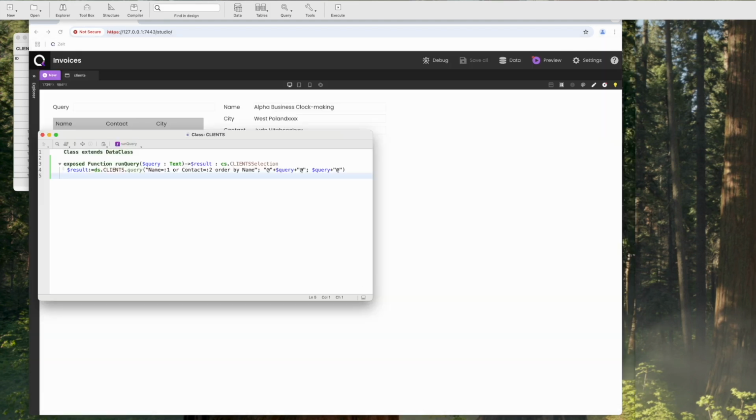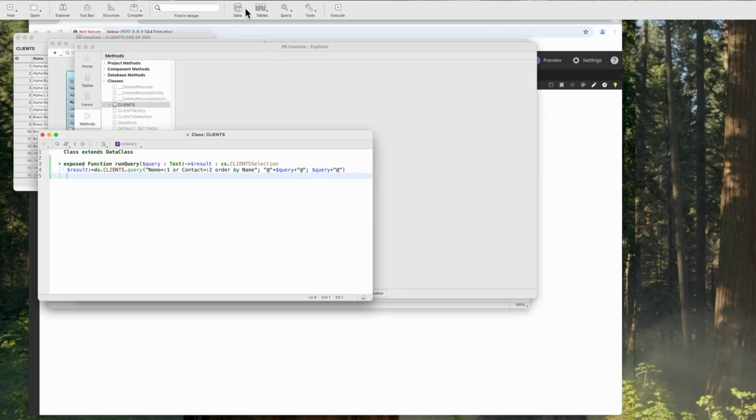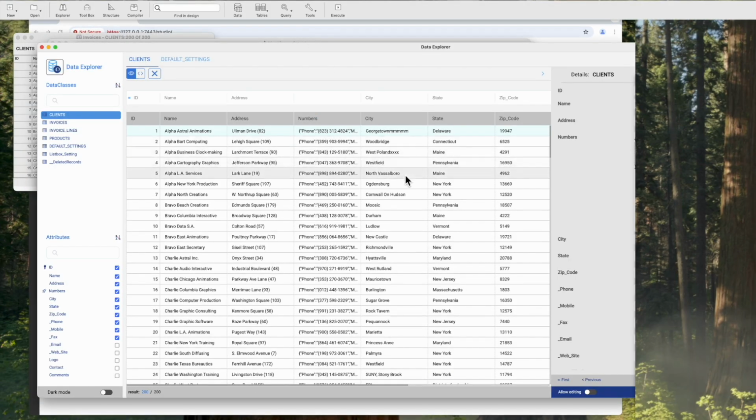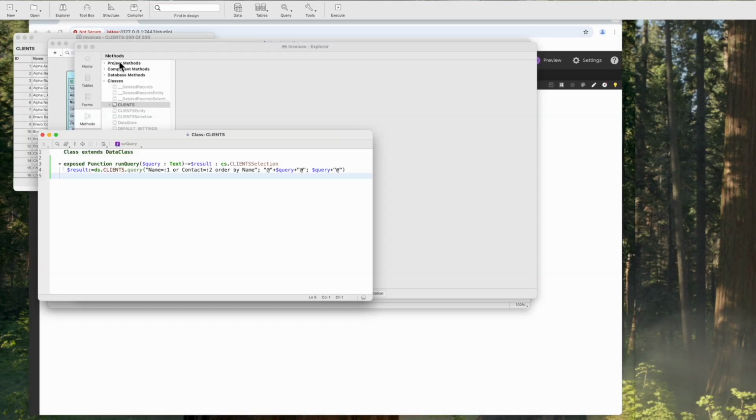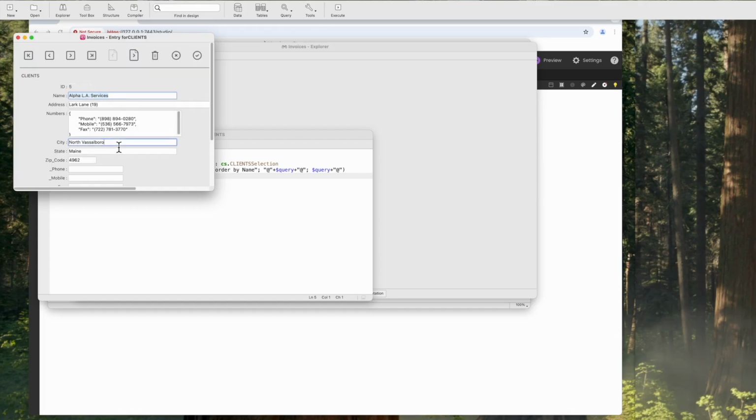So let's do it again to avoid that it looks a little bit strange. We use Alpha Astral. I make Georgetown, click on Save. Go back to 4D, open the Data Explorer, and we have Georgetown with all our amps. And the same in clients. You also see the amps and the Poland. And if I open the Alpha LA service to modify something here,